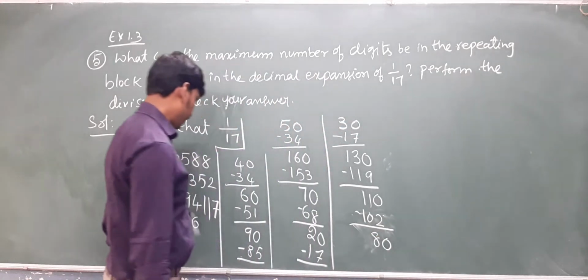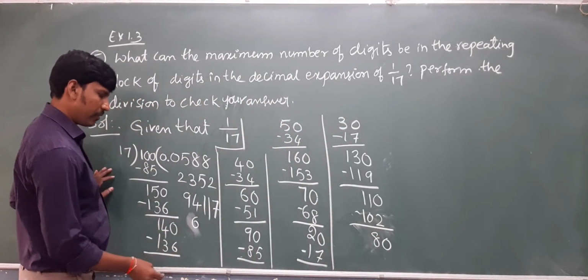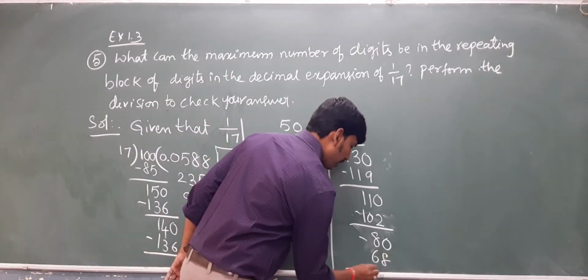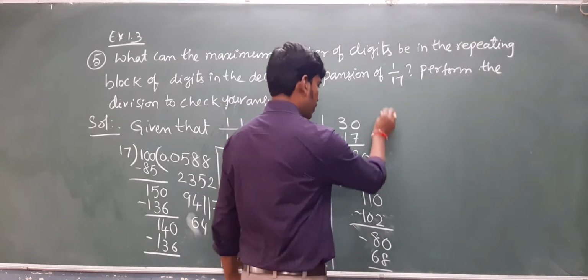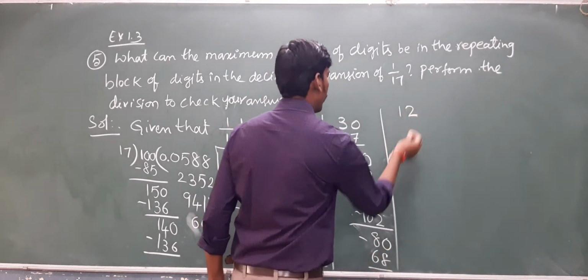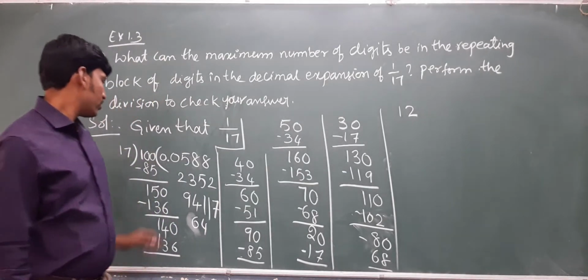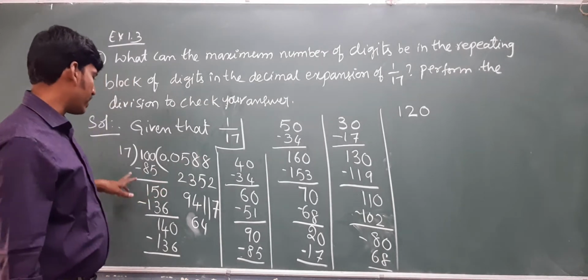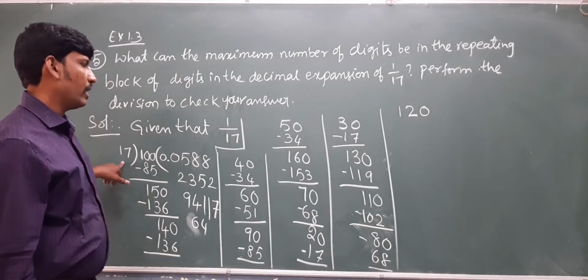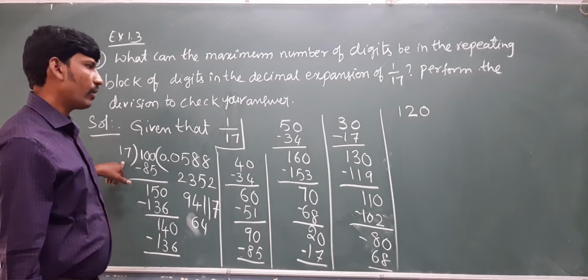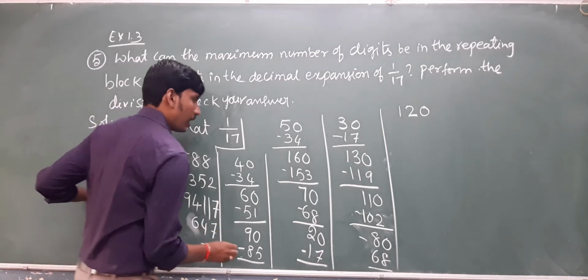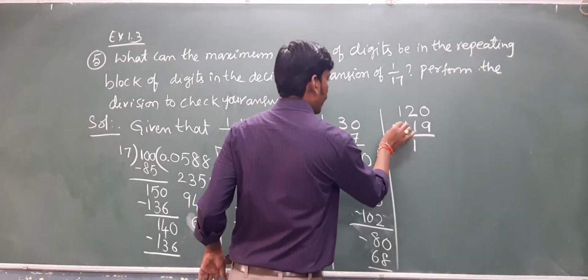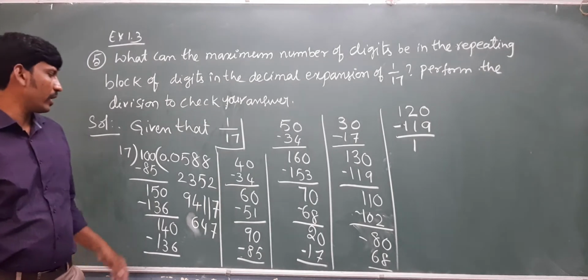So again 80. So 17 4s are again 68. Okay, this will become how much here? 80 minus 68 is equal to 12. So 12 is not possible in the 17 table. So keep decimal, it will become 0. 120 means 17 sevens are how much? 119. 17 sevens are 119. So we got 1 as the remainder. So now see this, how many digits did we get here?